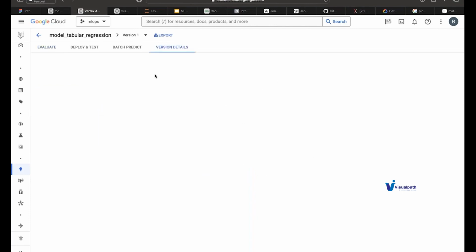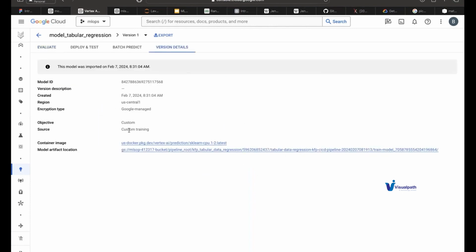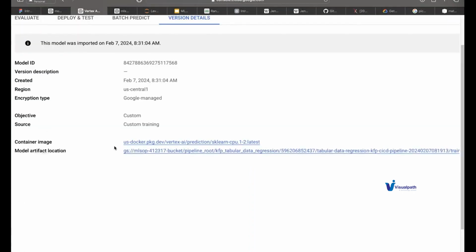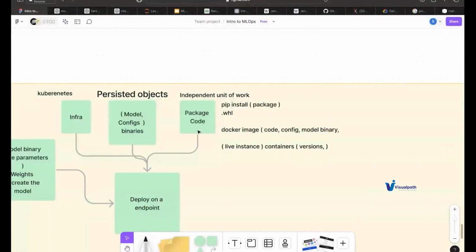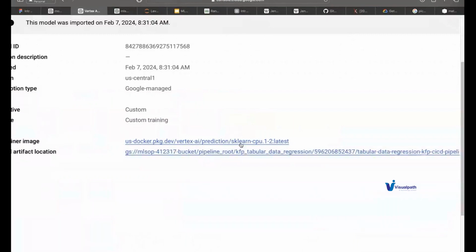If you go into the version details, this will have all the configurations. There will be one container image. So we talk about this. There should be a package code, a container. So this is our image, sklearn CPU. Why are we using sklearn? Somebody can help me. These are pre-built images, which we can see. So there are two things: one is pre-built, one is custom. So pre-built is nothing but